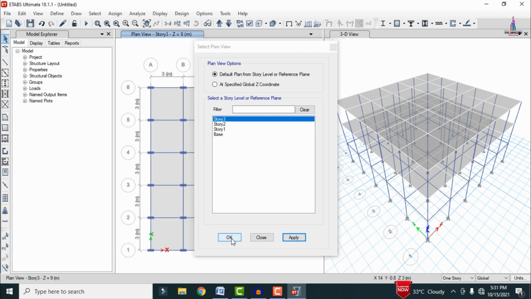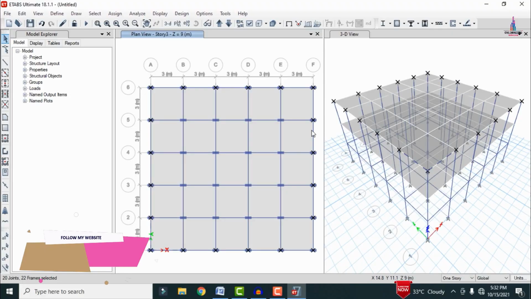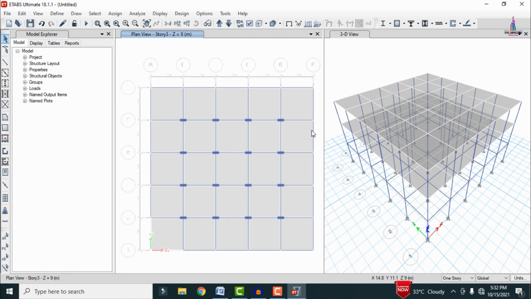So click on OK option so that it will select the properties at that respective section. So we need to select all the corner column sections here. Okay, so now you can see all the columns are selected here. Click on delete option so that it will delete all the properties at the corner column section for the building